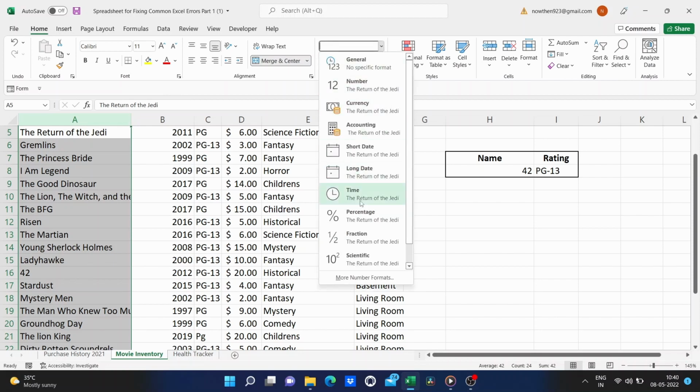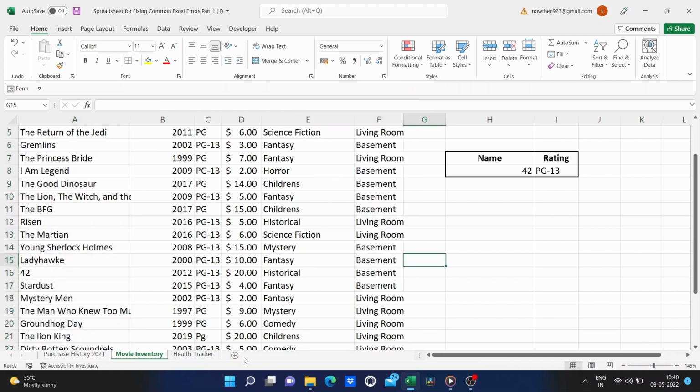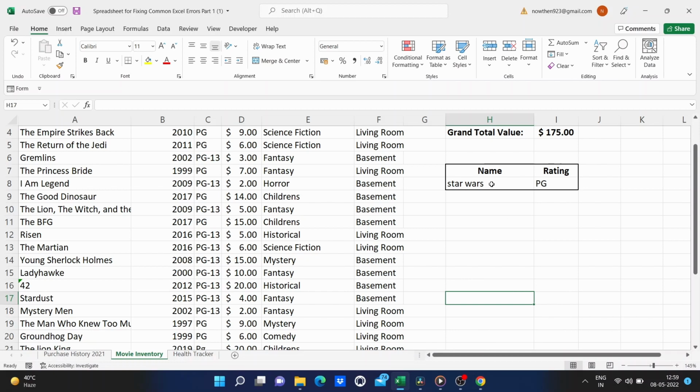Just to make sure that these cells match the format of this cell, now similarly to my purchase history example, I can fix this. I can make it so that if I type in a movie that's not in my collection, I don't get this ugly error message. The way that I would fix that is I would click on the cell and change the formula.